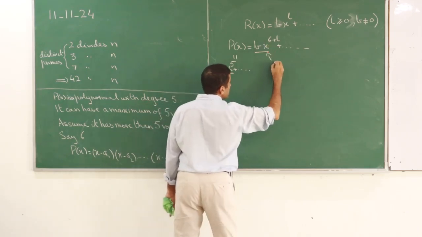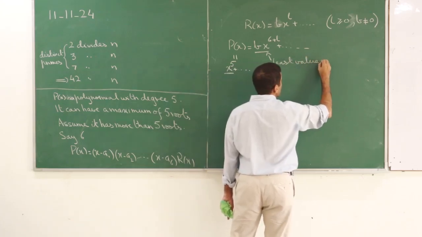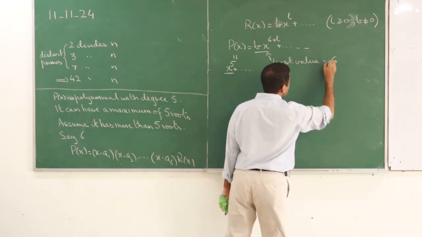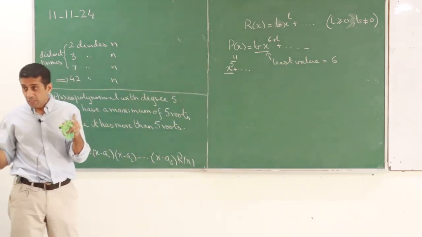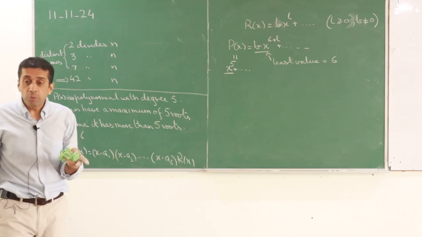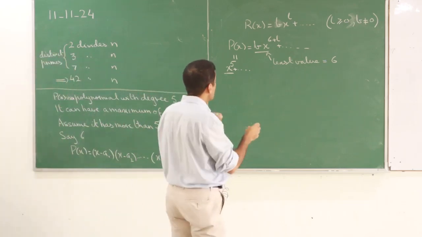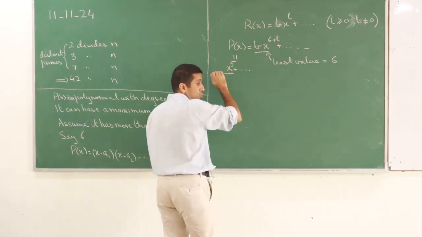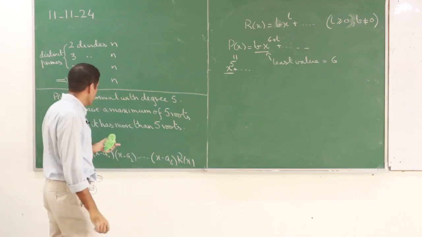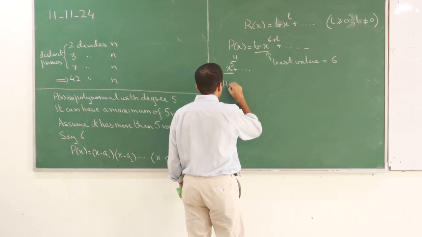The least value is 6, and the maximum value here is x to the 5, so these two polynomials cannot be equal because the coefficients of each power have to match, and there is a power of 6 or 7 or 8 here, and there is no corresponding power on the left hand side,